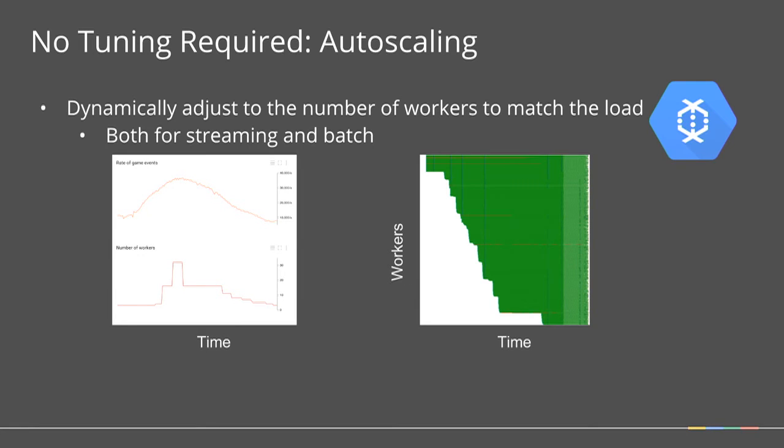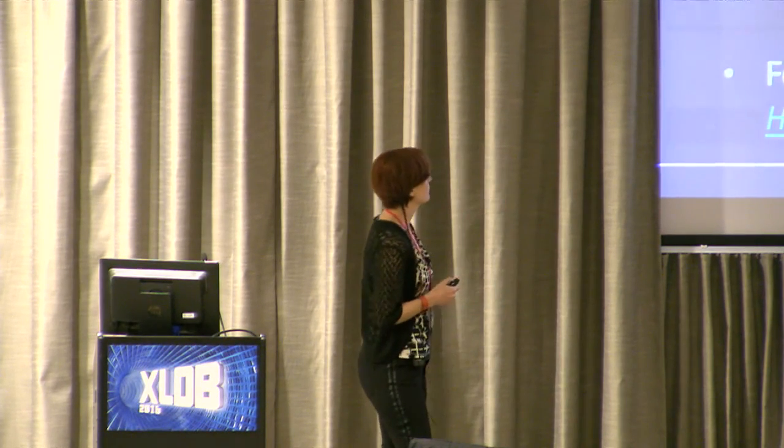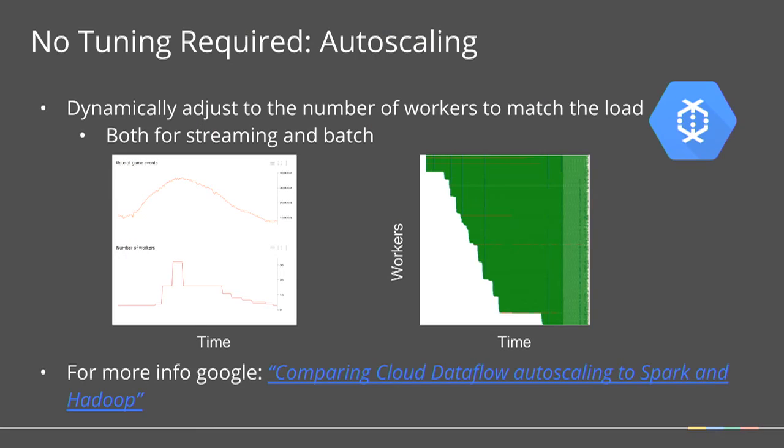In batch, using the dynamic work rebalancing, we estimated that we needed a few workers. It turned out we were wrong, so we kept growing the worker pool, right? And constantly keeping it busy. This empty space here is where these workers did not exist. So you can end up starting with a very small number of workers. If it turns out it's a bad estimate, you can actually adjust for it. And all of this happens automatically. No user interaction needed. For this one, we had a blog post comparing what we do for auto-scaling versus Spark versus Hadoop. I think if you type it in Google, it shows up.